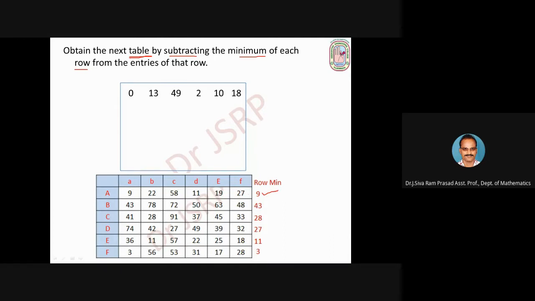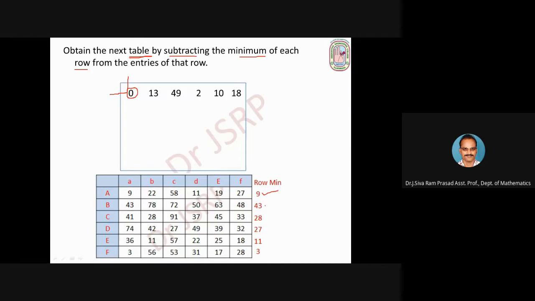So here in this first row, this is possible assignment. 0 entry represents possible assignment. That is, first job can assign to first person. So this is not a fixed assignment. So this is possible assignment. So 0 entries represent possible assignments.